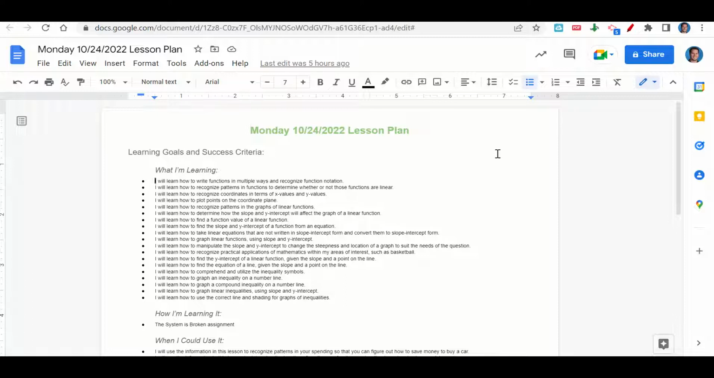equations that are not written in slope-intercept form and convert them to slope-intercept form, how to graph linear equations using slope and y-intercept, how to manipulate the slope and y-intercept to change the steepness and location of a graph to meet the needs of a question, to recognize practical applications of mathematics within your areas of interest such as basketball, to find the y-intercept of a linear function given the slope and a point on the line, to find the